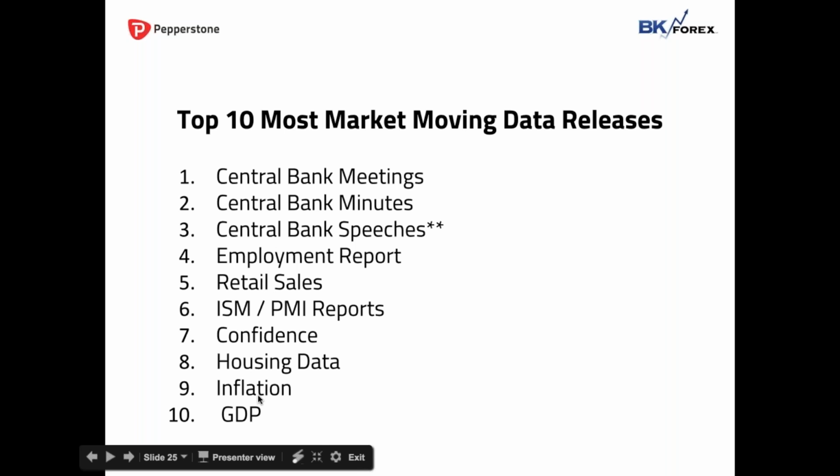Now, there are other things that matter. You obviously have geopolitical events. We have the U.S. election right now. But on a day-to-day basis, when the world is just functioning as an economic unit, this is the order of priority. Meetings, minutes, speeches, employment reports, retail sales. This is the exact order of how things work and what moves